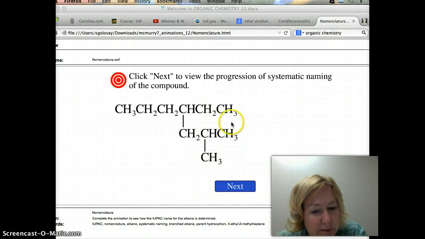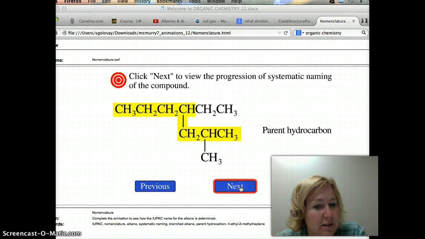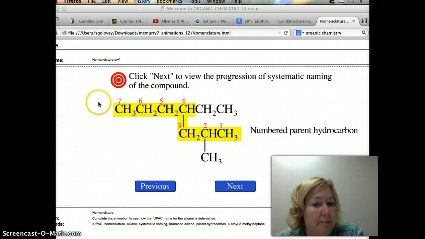This, imagine, would spin around. So it's easiest to go 1, 2, 3, 4, 5, 6, 7. And it'll tell you. There it is. Parent hydrocarbon: 7. Now, we're naming it this way because you put the number on what's going to make this